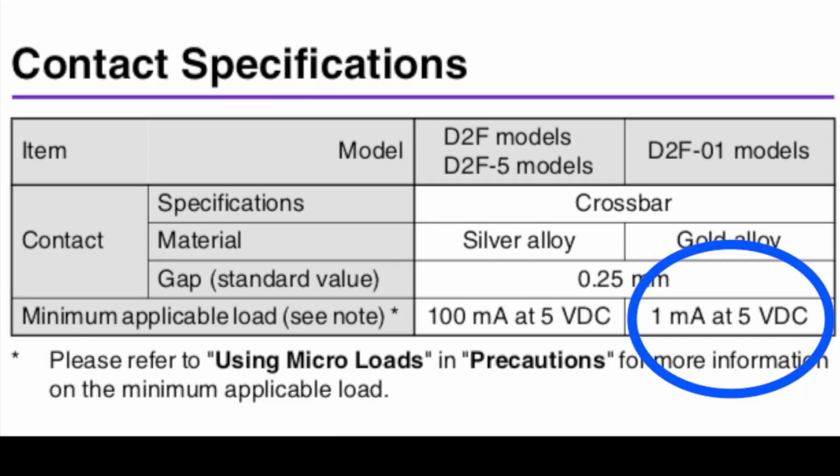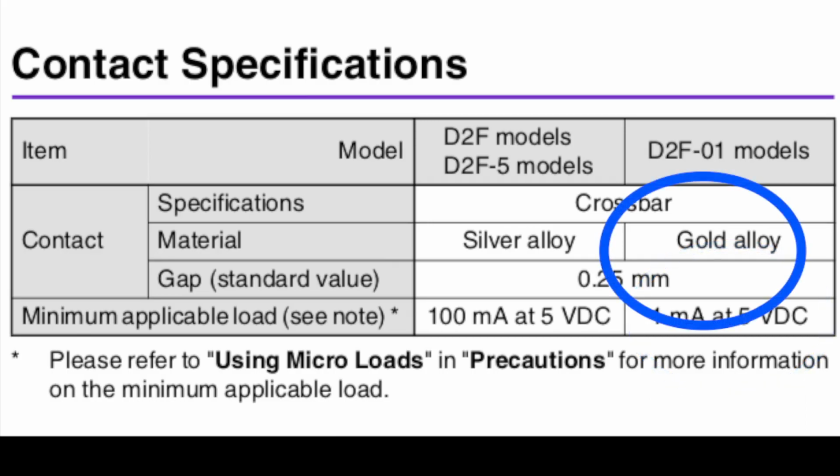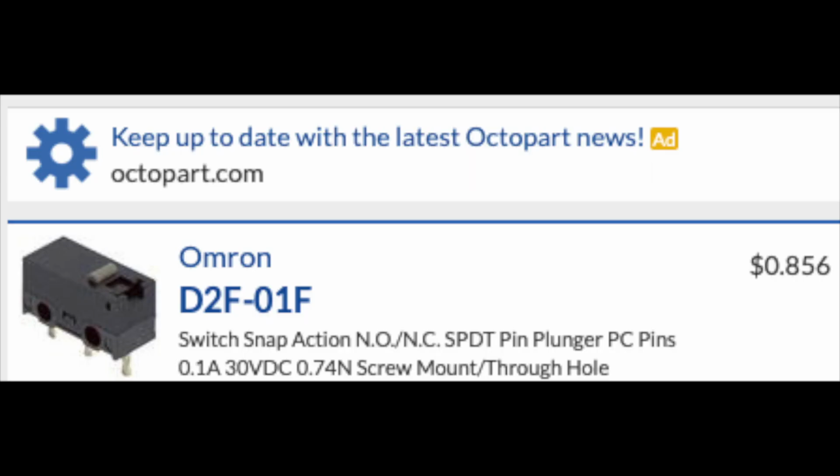And really, I can see where the confusion is, because all they really say in the data sheet is it's rated for 1 milliamp and it uses gold alloy contacts. Now, I'm going to use these Japanese Omrons here as an example for a while because A, they're still Omron, so people are familiar with them and you can get them everywhere, and B, I think they're a great deal for what they are. I mean, if you get them in quantities, they're like 85, 86 cents a piece,